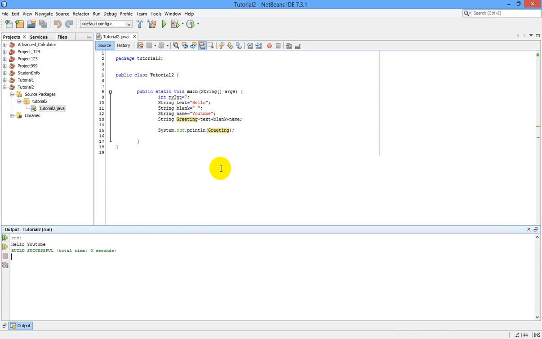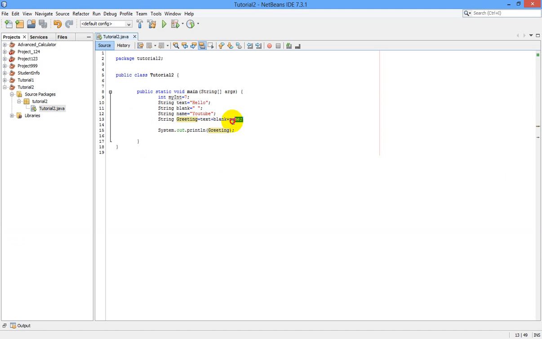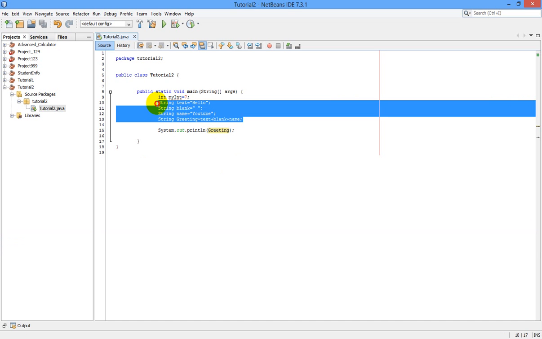In fact, you can add string objects together directly, because I can achieve the same thing if I type like this. Now what I am going to do is, instead of typing 3 things, I can do it in a single way.